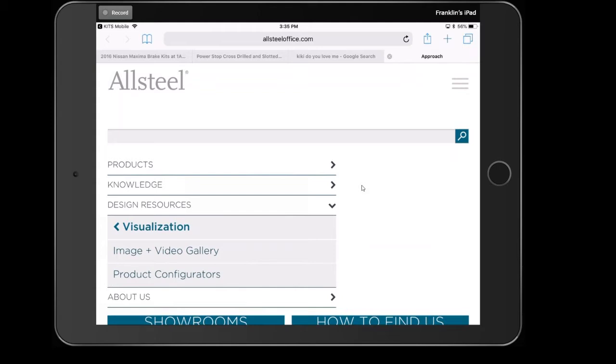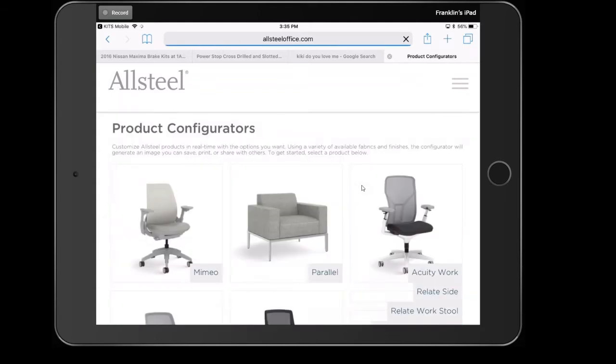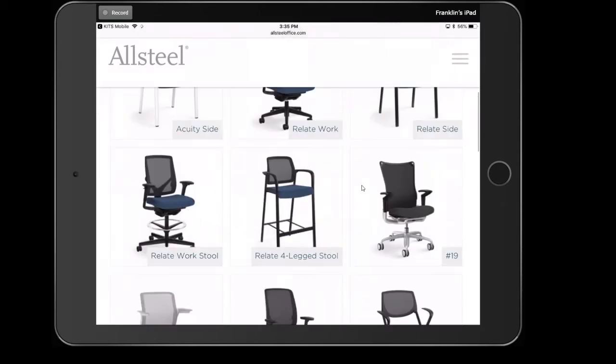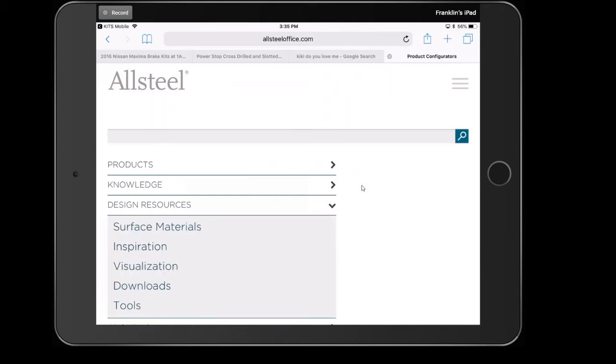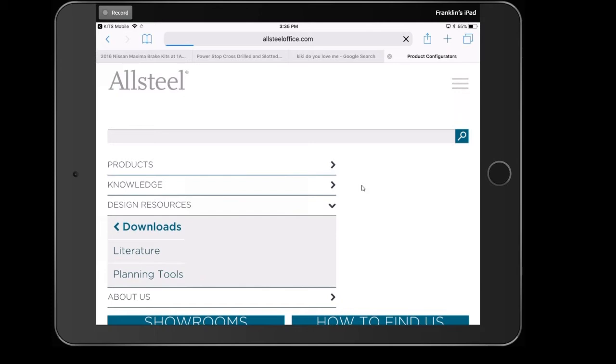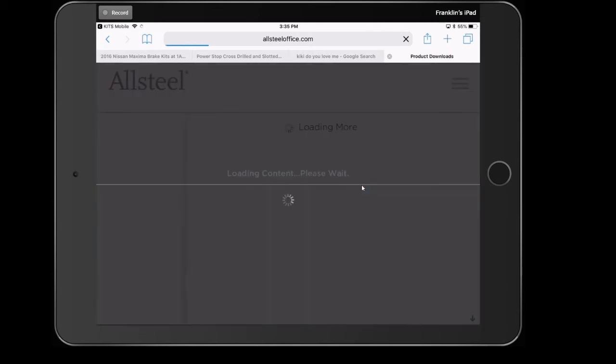So for instance, I can go to product configurators. Okay, I can see how their products are all put together. Again, this is accessing the manufacturer's resources. You already have access to all this, and so you can simply go to it. You can look at literature. You can look at planning tools. What I love to do is